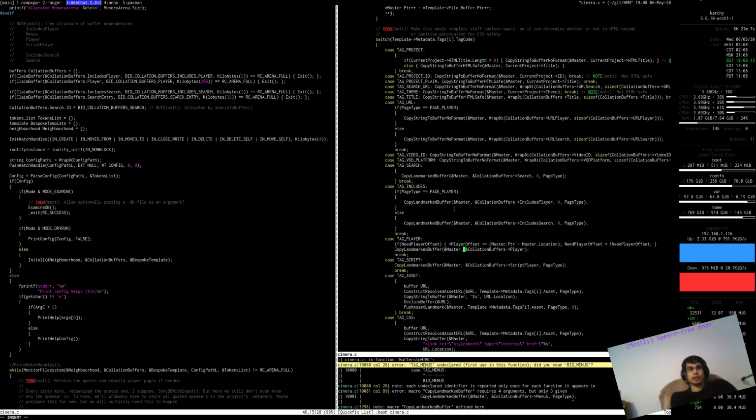And then this thing here is what we've actually got past it. It's not there. And we don't need to check because this guy will just do the thing, I think. Is that right? If we need player offset, player offset plus equals the master dot